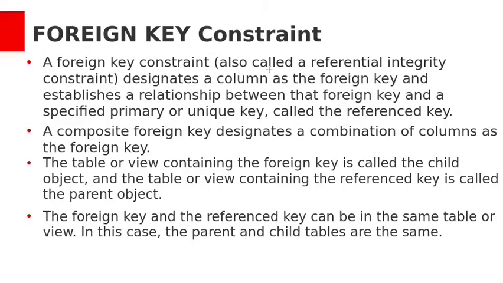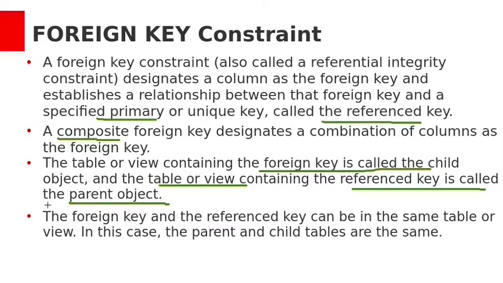Fifth one, foreign key constraint. The foreign key constraint is also called the referential integrity constraint, which designates a column as the foreign key and establishes a relationship between the foreign key and the specified primary key. This primary key is also called the referenced key. A foreign key can also be composite. The table containing the foreign key is called the child table. The table containing the referenced key is called the parent table. The foreign key and referenced key can be on the same table, in which case the parent and child tables will